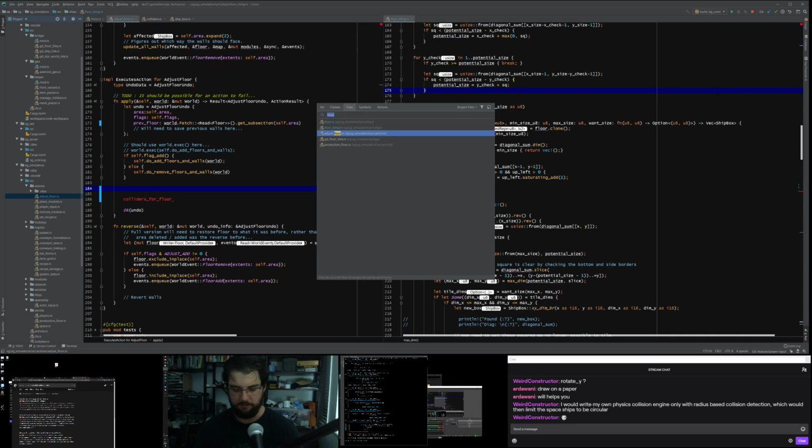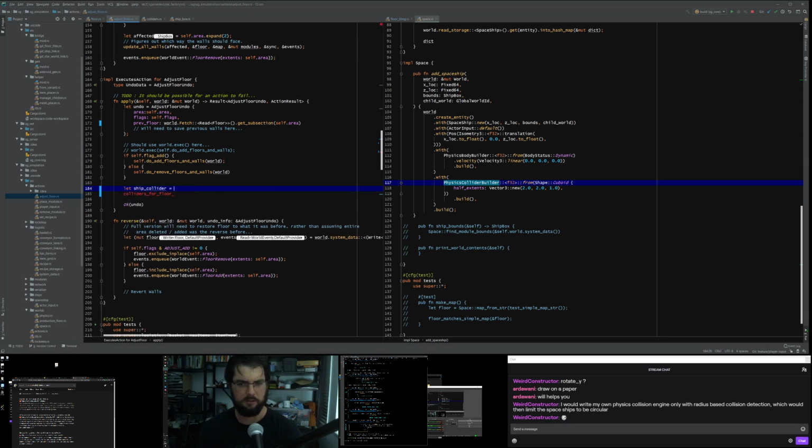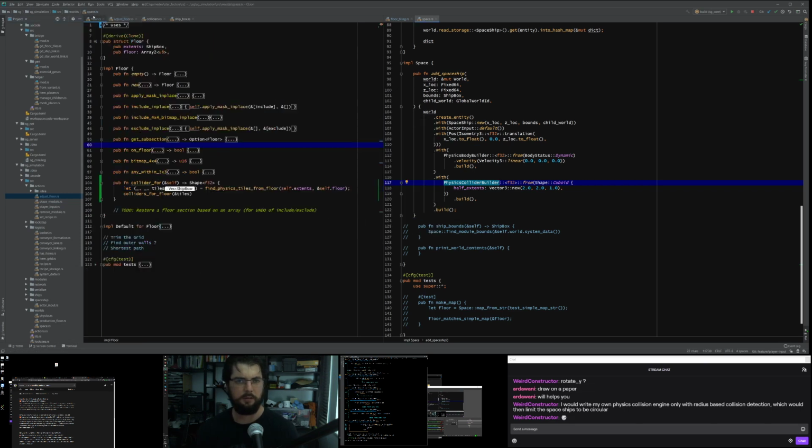Okay, so the class called Space at the moment manages a physics collider builder, and so I need to have a look and see how one goes about modifying the physics collider builder. So that'll be something we're going to do in a second. So let ship collider equal, and we call this colliders for floor. Let's double check it. Collider for. Yeah. Build collider. So floor.build collider.